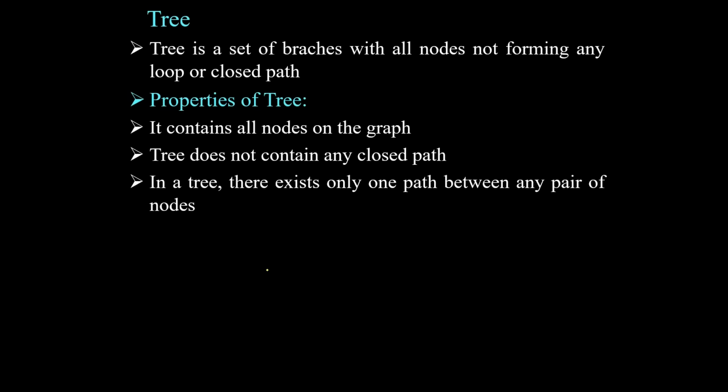Try to understand this point. Suppose, let me take the first node and the second node. Okay, two nodes. So, I am considering any pair of nodes. I have taken one pair of nodes, that is node 1 and node 2. While forming the tree, you should take one and only one line which is connected between 1 and 2. Okay, so we have to consider only one transmission line which is connected between 1 and 2, and we are not supposed to take more than one between a pair of nodes.